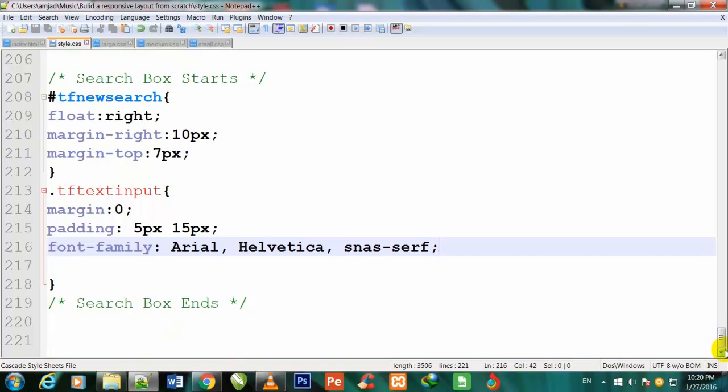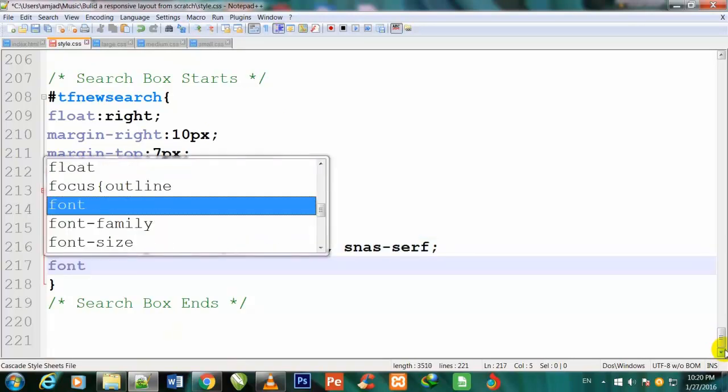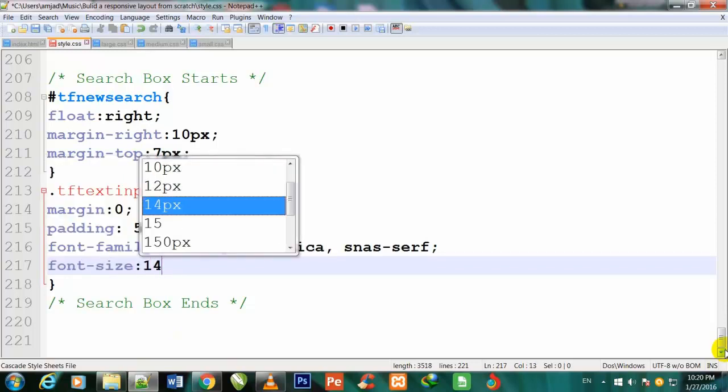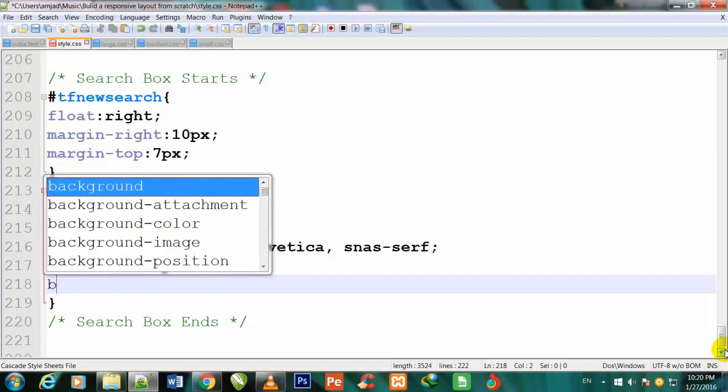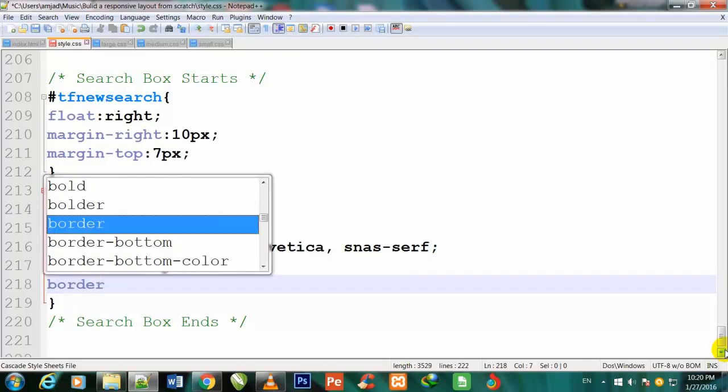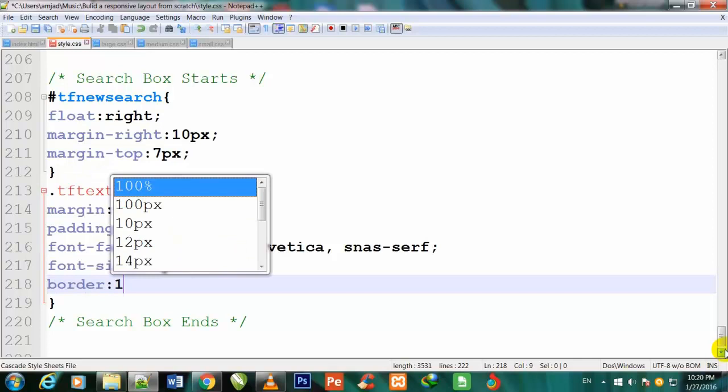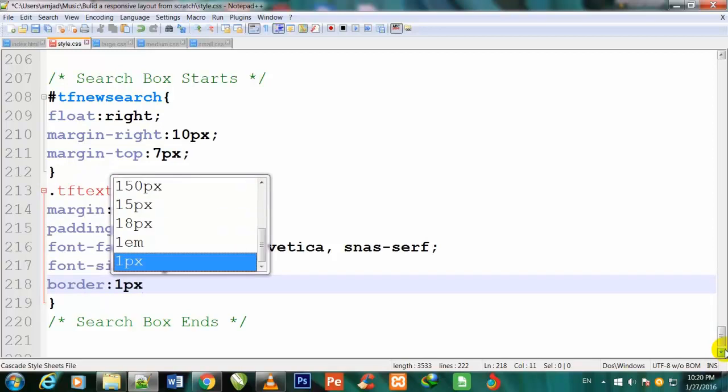So friend, now I come down and I define its font size 14 pixel, press enter, also give some border to it, border 1 pixel,